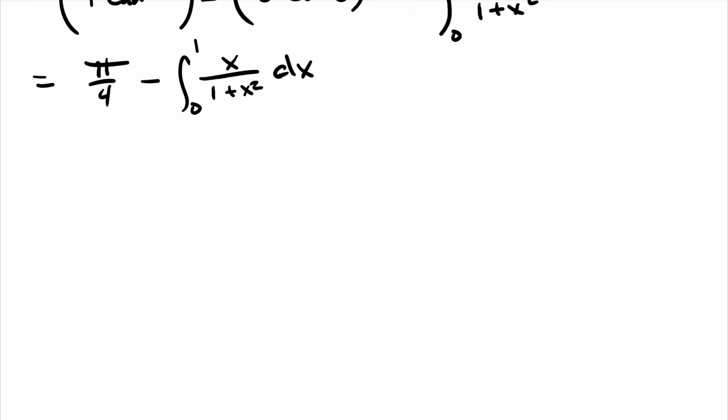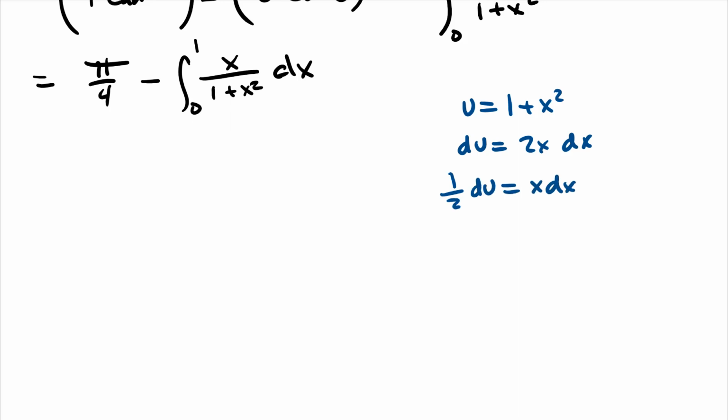Now it's just, hey, do you remember how to do u subs? Yeah, so let's take that denominator and call it u. 1 plus x squared. du is going to be 2x dx. But we need to replace with an x dx. So we'll divide out the 2, and we're left with x dx. Cool. So we have pi over 4 minus the integral. So what do we end up with? So our u becomes the denominator, and then our x dx becomes 1/2